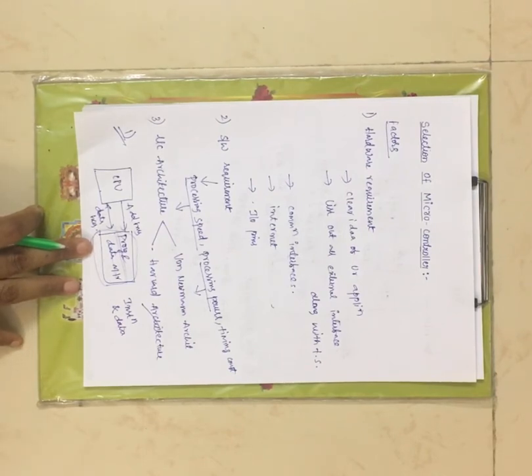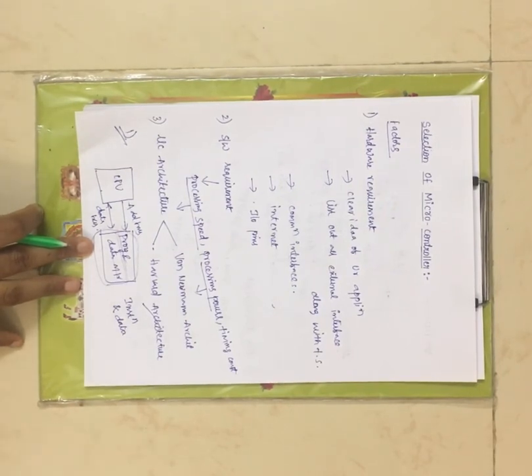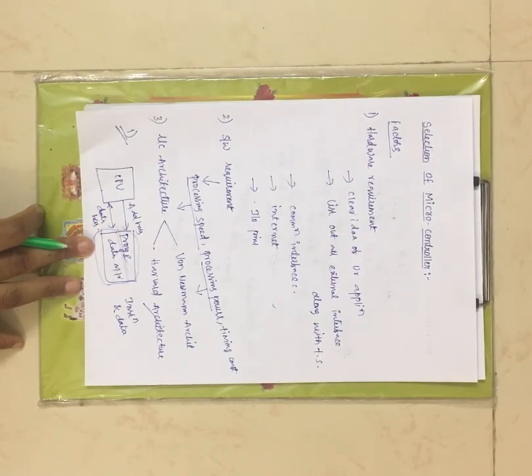Next, you have to make a list of all the external interfaces. That means whatever devices that you want to connect with your microcontroller under your application, you have to make a note of it. And next, you have to choose a proper serial communication protocol for communication of your microcontroller with the connected devices. Either it may be RS-232 or SPI or I2C. Basically you will refer UART, Universal Asynchronous Receiver and Transmitter. That serial communication protocol is basically referred, right?